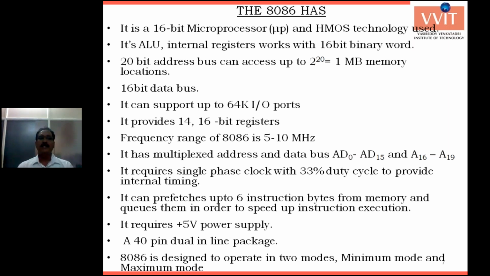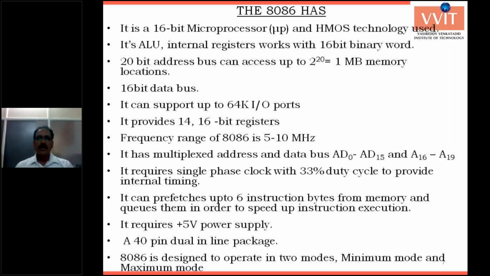Before the 8086 is the 8085. It is an 8-bit processor. It computes 8 bits at a time. After the 8086, the 386 and 486 processors are there. The computing width of these is 32 bits or 64 bits.